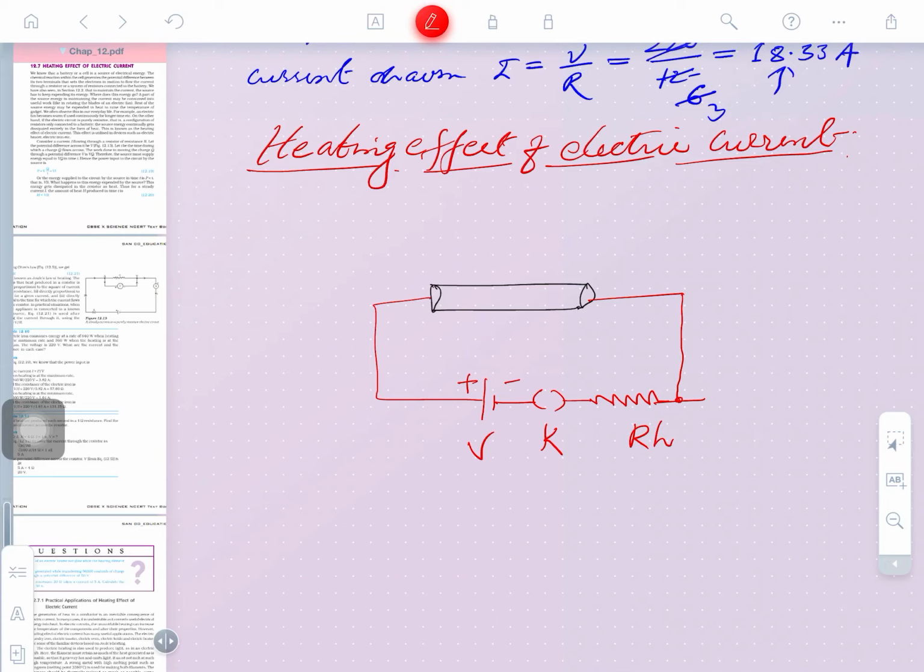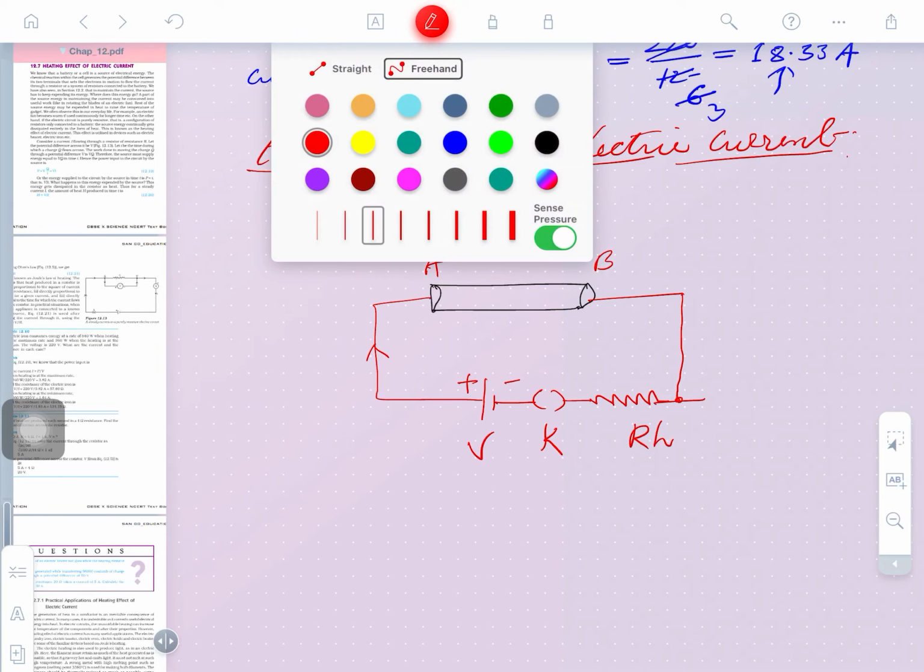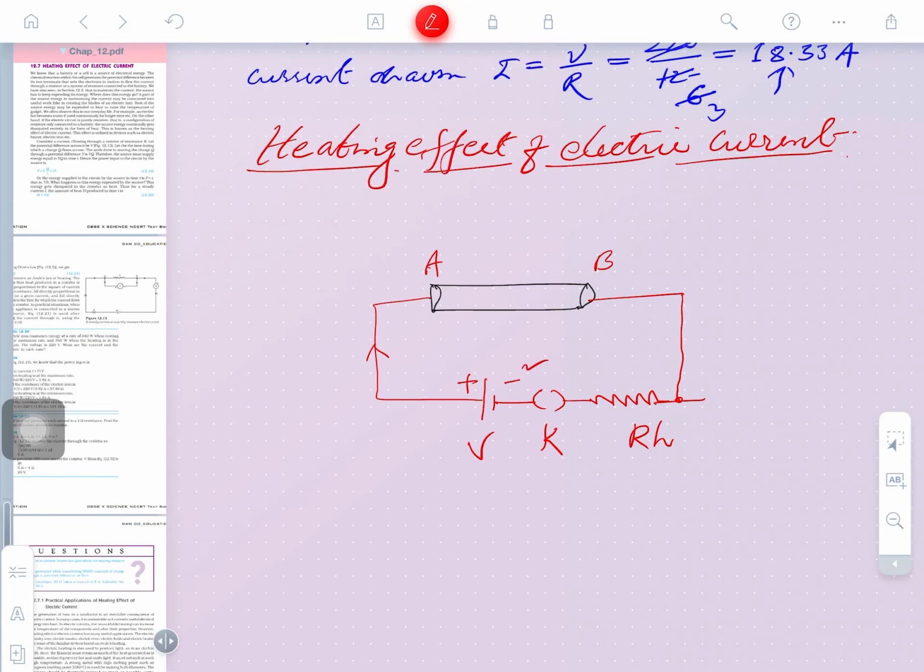So I think you might have observed that when such a circuit is made, here is the AB conductor. So current actually flows in this direction, from left to right on applying the potential difference, the current I is flowing. In DC current I use the direction of current, but in AC current the current is changing, so we will not use the direction to represent it. Clear? Remember, this is an important thing.